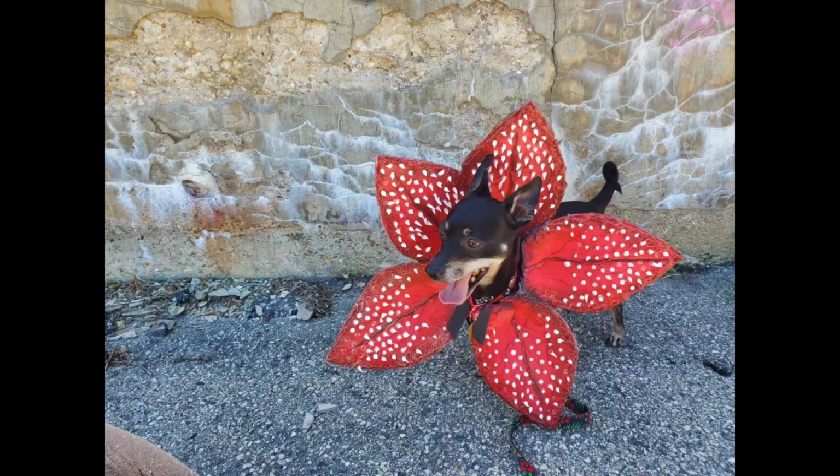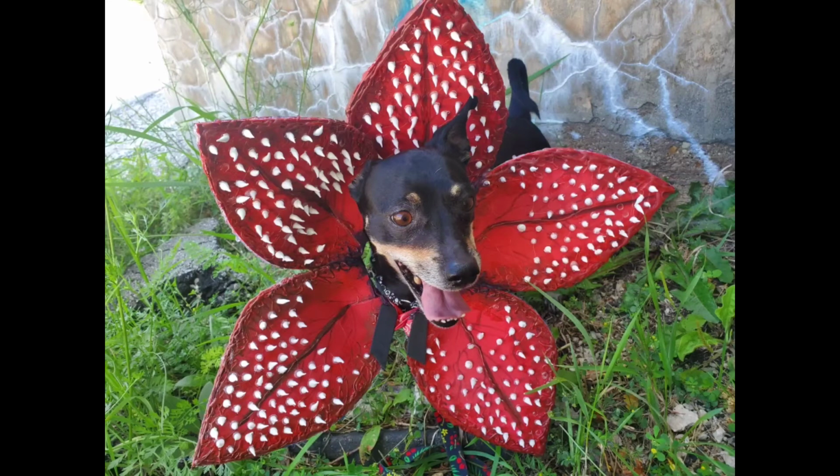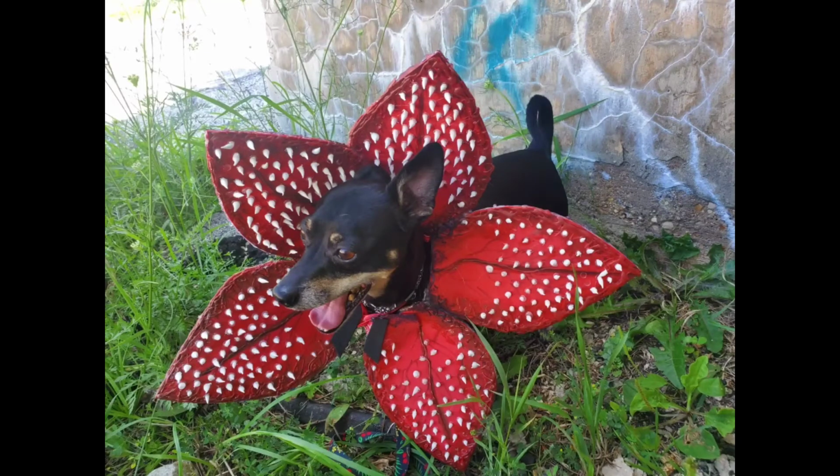I put it on Mr. Pie Pie. He's looking awful spooky handsome. And he definitely wasn't quite sure what to think of it all, but I think it was a really cute